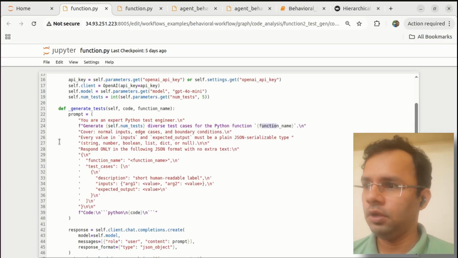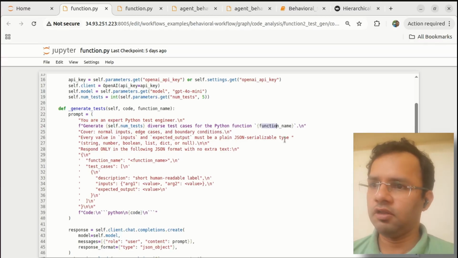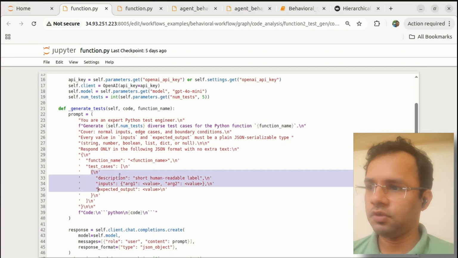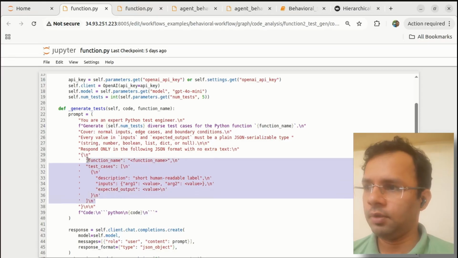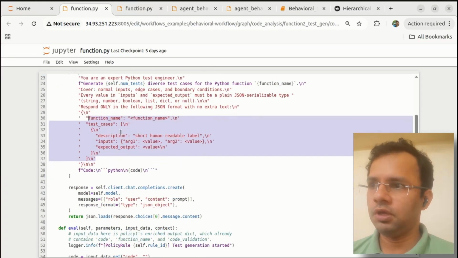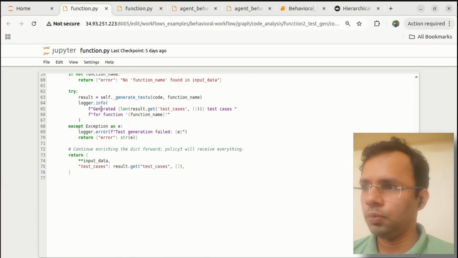This is the function name, and it covers the normal inputs, edge cases, and boundary conditions. Every value in input and expected output must be a plain JSON serializable type, and respond only with the following structure. It has to give the function name and test cases. For each test case, the description, the input, and the expected output, the LLM has to generate. So in these two functions we are making use of the help of an LLM. The output that we get from this test case generation, we'll pass on to the next